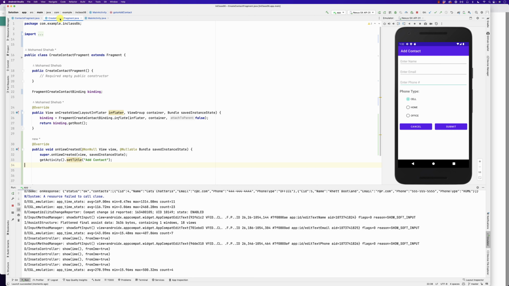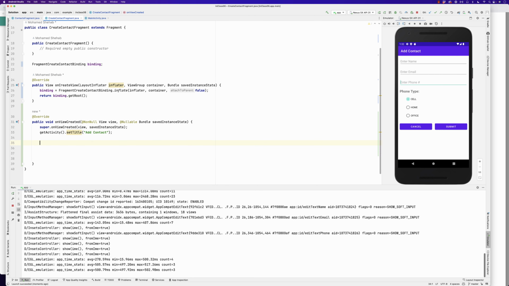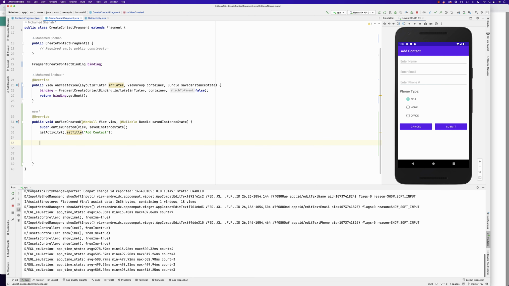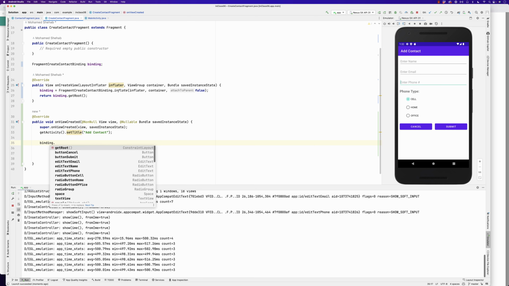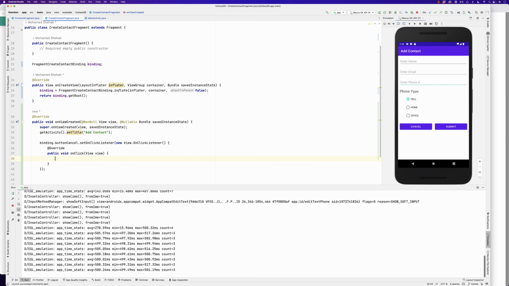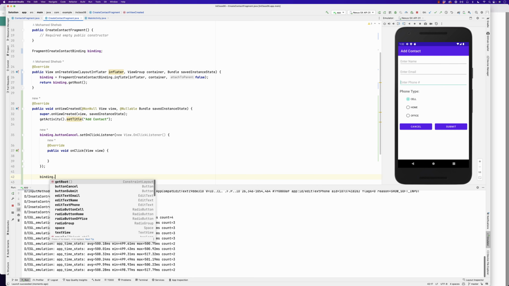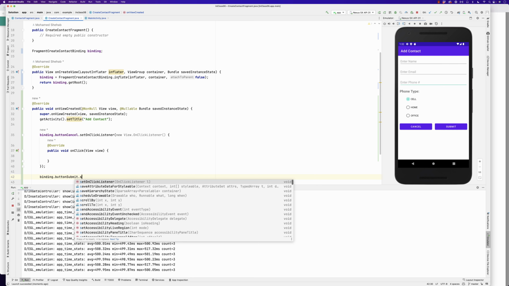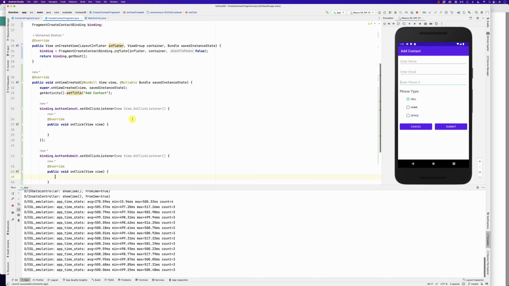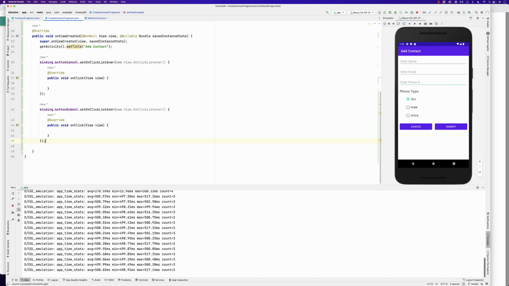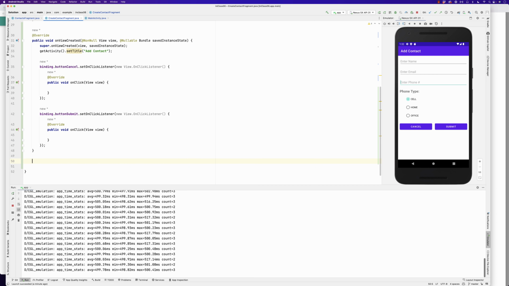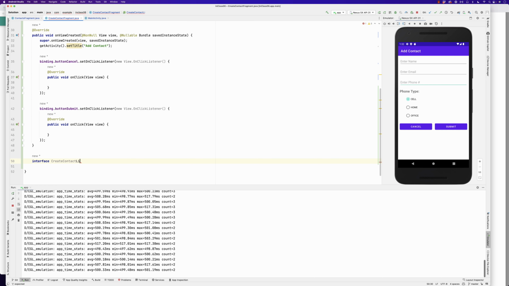Cool. Back again to create contact, and basically the cancel and the on submit. So basically binding dot button cancel dot set on click listener, new on click listener, and similarly binding dot button submit dot set on click listener, new on click listener. So that's the submit and the cancel taken care of. Right, now we need the interface. An interface, and we call it, for example, create contact listener. All right, void cancel create